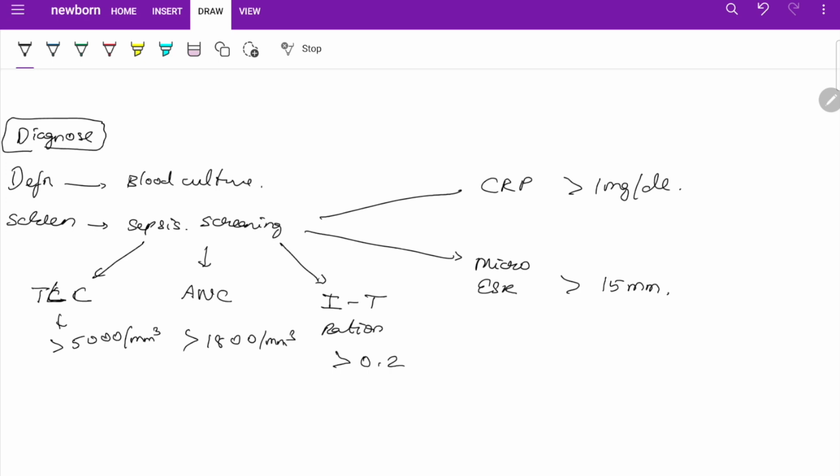Okay? So as supportive tests, you have to look at blood glucose level. Supportive tests: you're going to see blood glucose as well as chest x-ray you will be taking for pneumonia ruling out, and then lumbar puncture and CSF study to rule out meningitis.